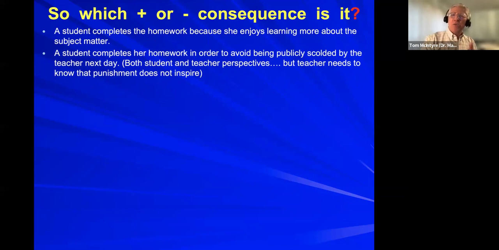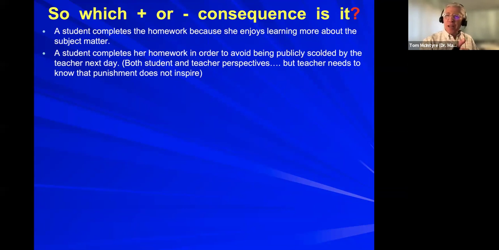All right, so completing the homework, doesn't want to do it, but at least the teacher isn't going to call me out in front of the rest of the class and chastise me. You're thinking it over, whether you enter it in the chat or not. You're thinking, that seems to me to be negative reinforcement, engaging in a behavior to prevent this awful thing from ever happening. But then we can look at the teacher side of this too, that the teacher has been scolding